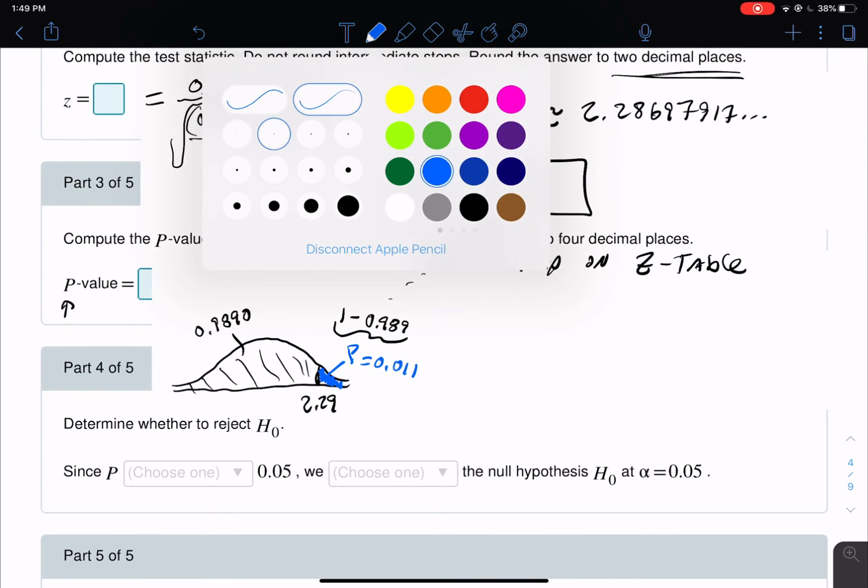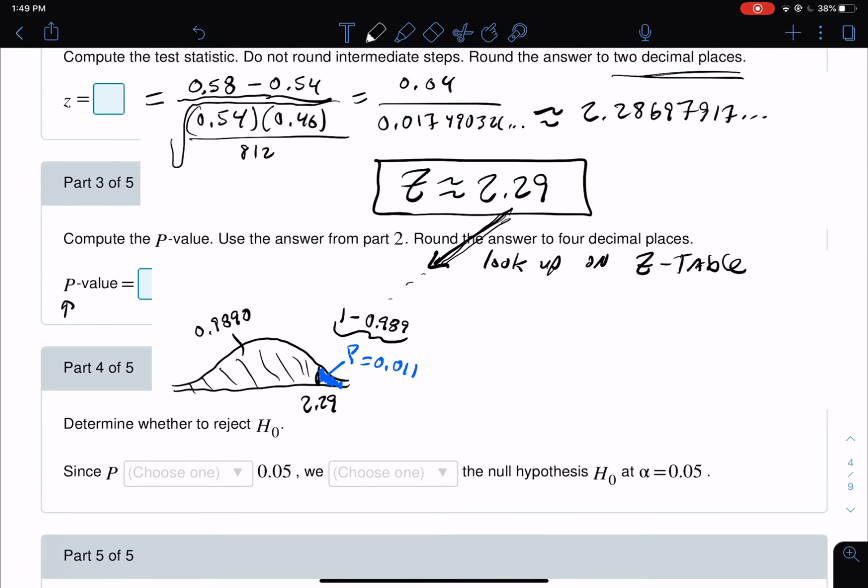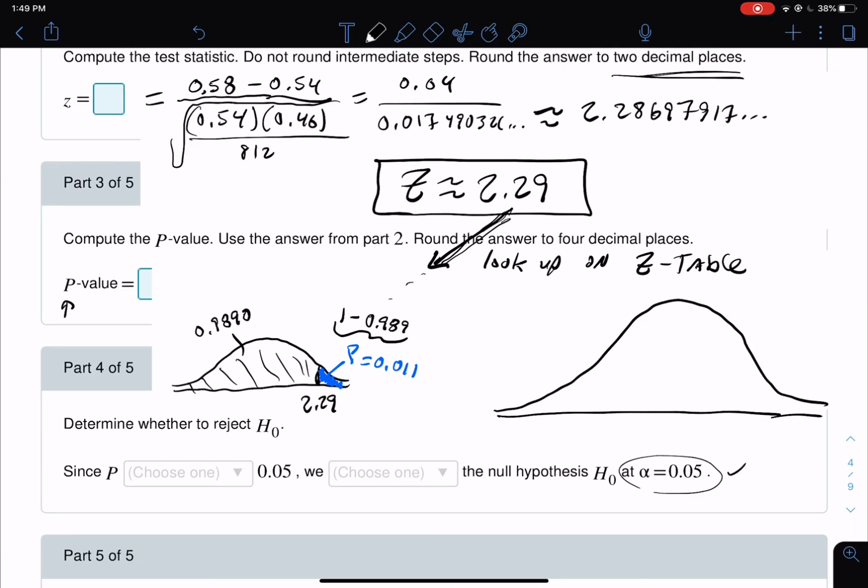So I'm going to draw a picture to get an idea of what's going on with this whole analysis. We said this is a right-tailed test. The level of significance, the alpha, is 0.05, which is a classic statistical saying, hey, if it's anything at 5% or smaller, then that's unusual. So basically what we're doing here, right-tailed test, we're saying that